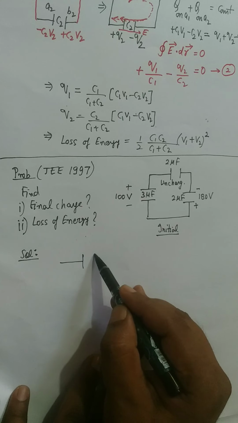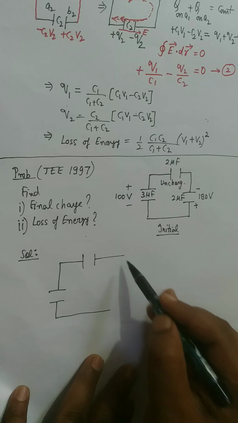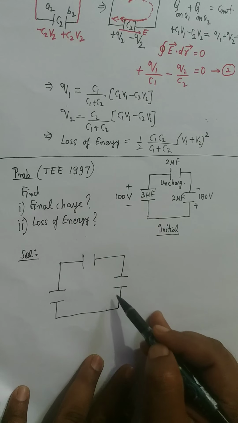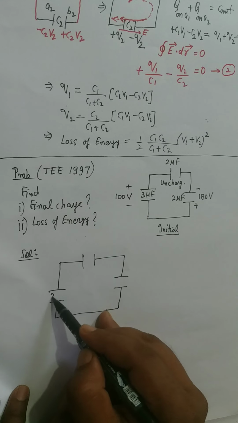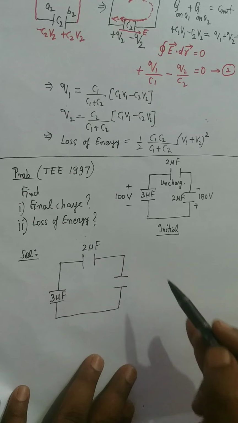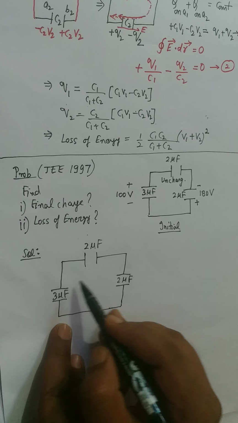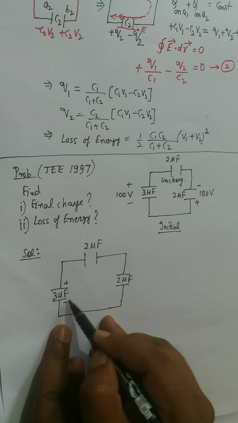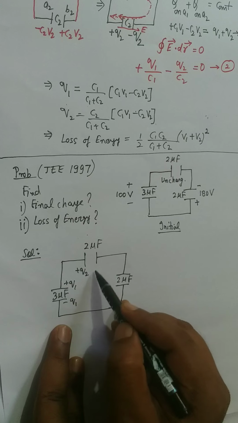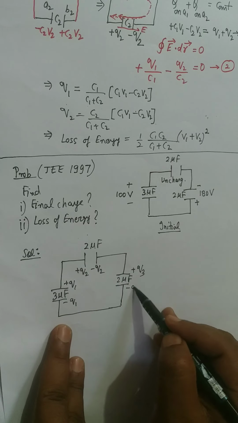You assume charges on the plates in the final stage. That is step number 1. You can deal with all such problems in a systematic manner, and the systematic manner to deal with these problems is to assume charges on the capacitors as Q1, Q2, Q3 and so on. So let me assume the charge on plus 3 as Q1 and minus Q1. I assume the charge here as plus Q2 and minus Q2, and I assume the charge here is plus Q3 and minus Q3.